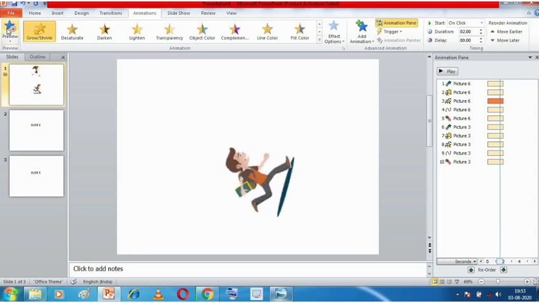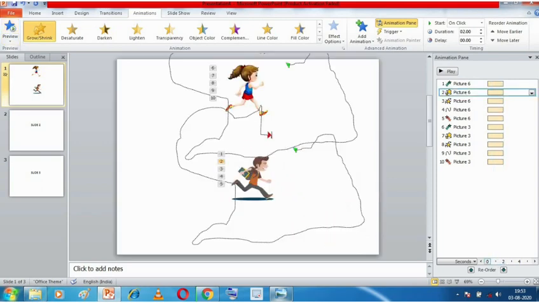rotate. So you can use these move earlier and move later buttons, which are present in the reorder animation option, to change the order in which your animations show. If you want to move this animation down, you can use the move later option. If you want to make this animation go to the top, you can use the move earlier button, which is in the reorder animation. But if you don't want to, don't use it.